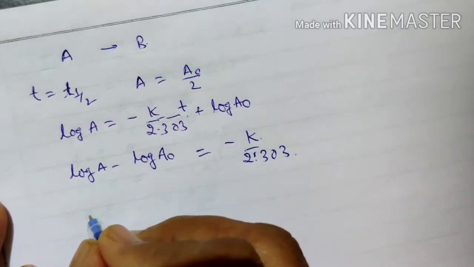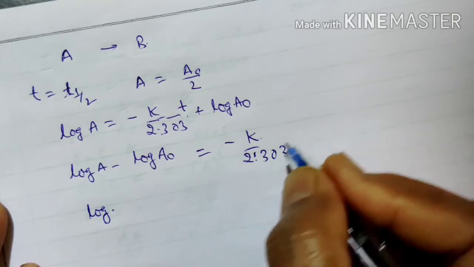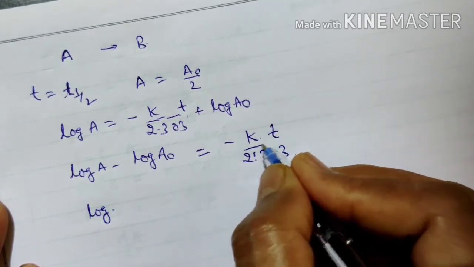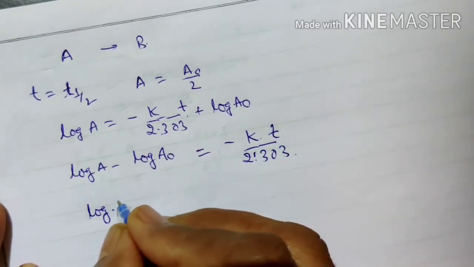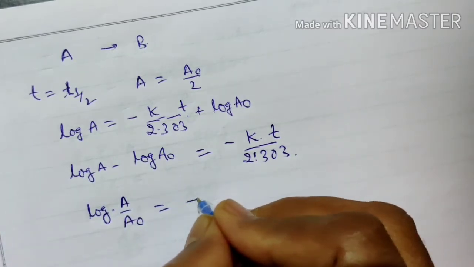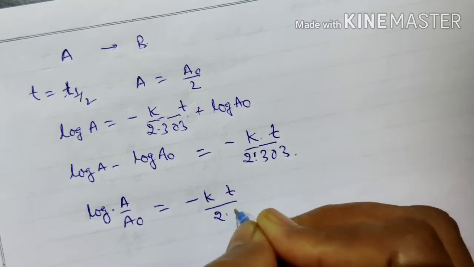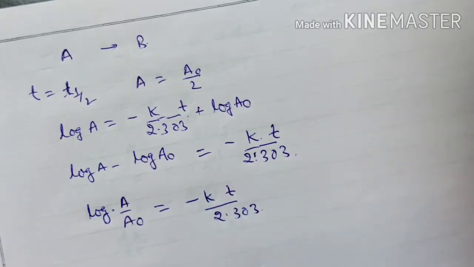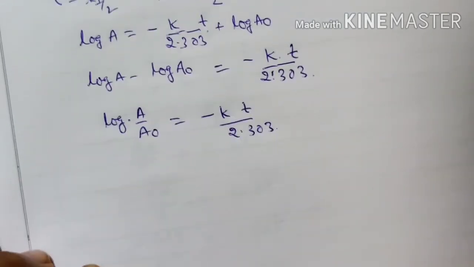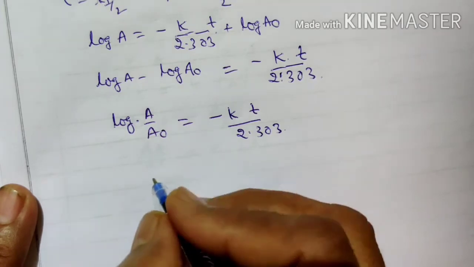So this we can write as log A upon A0 is equal to minus kt upon 2.303. In this way we can represent, or we can write